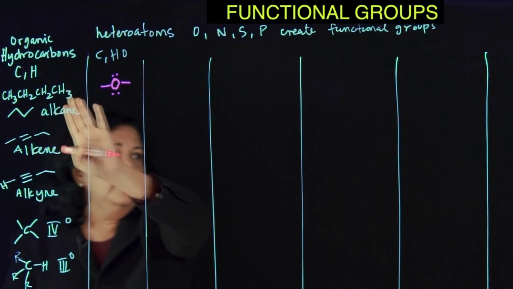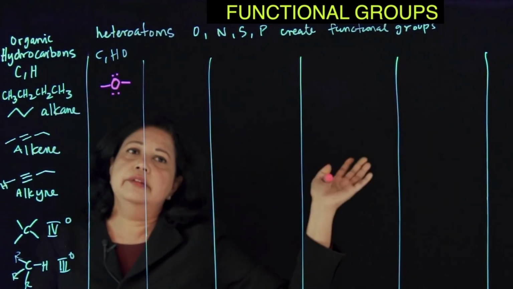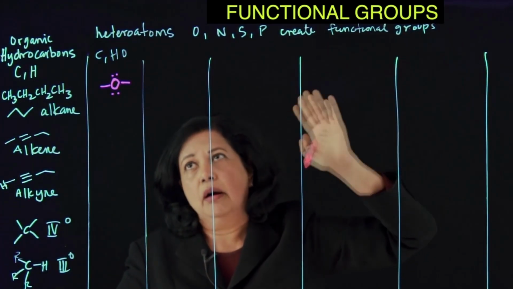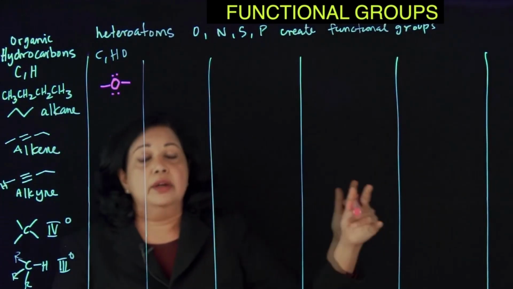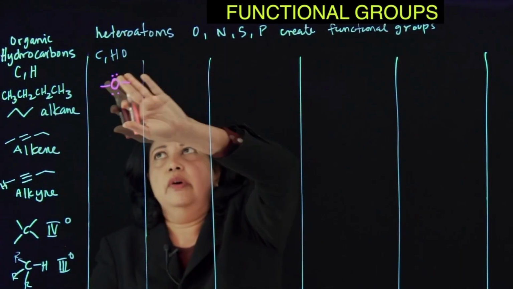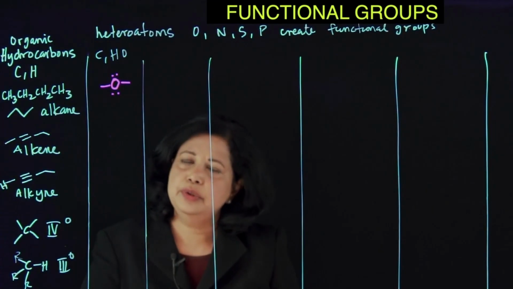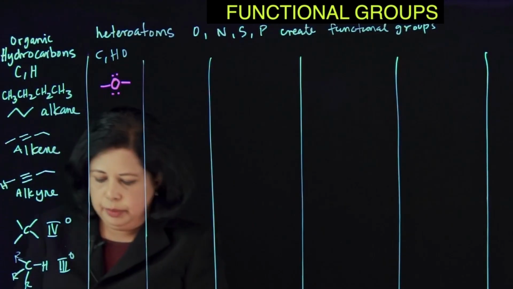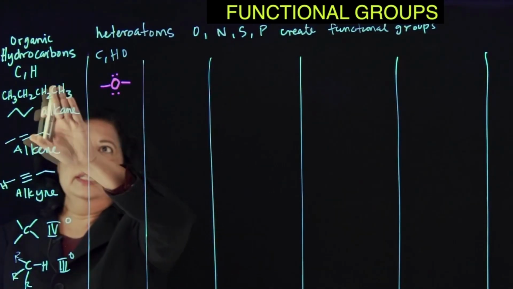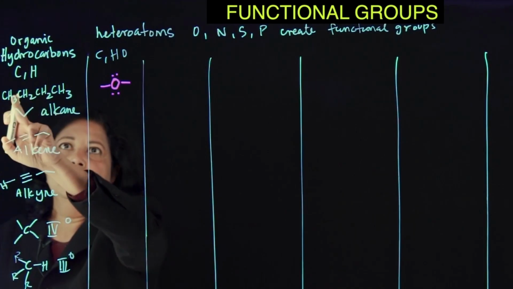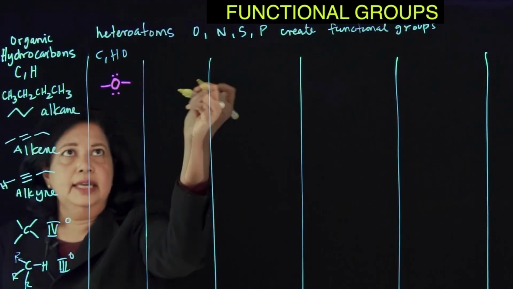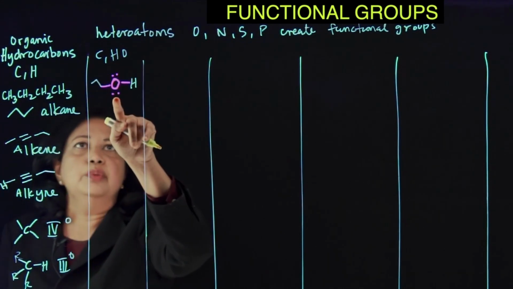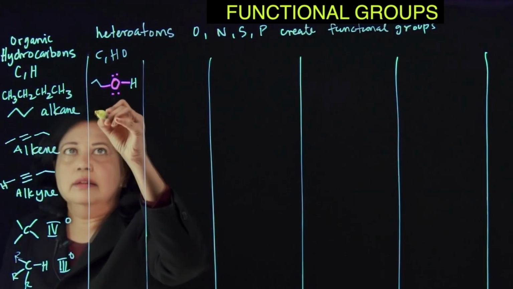So here we're only going to talk about neutral compounds, because these are stuff that you can go to Aldrich or VWR or some vendor and buy in a bottle. If it's ionic, then you'll have a counter ion, but most organic compounds are neutral, like our body. So here is an oxygen, and we can take your hydrocarbons and put the oxygen in between, or we can put the oxygen at the end. So let's try that, and here you go. And let's say this is going to be called an alcohol.